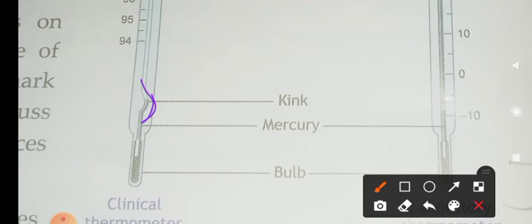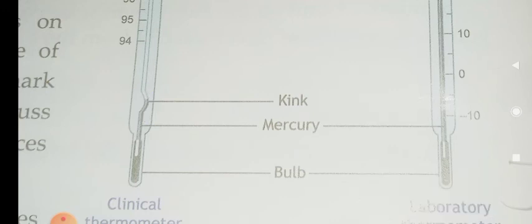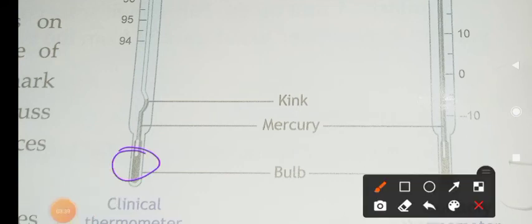The thermometer has to be given a couple of sharp jerks to move the mercury back. You might have had this experience after keeping it in your body. The medical assistant will take out the thermometer from your body, and after observing the value, they will give a jerk so that the mercury level will fall down into the bulb again. Is it clear children? Yes.